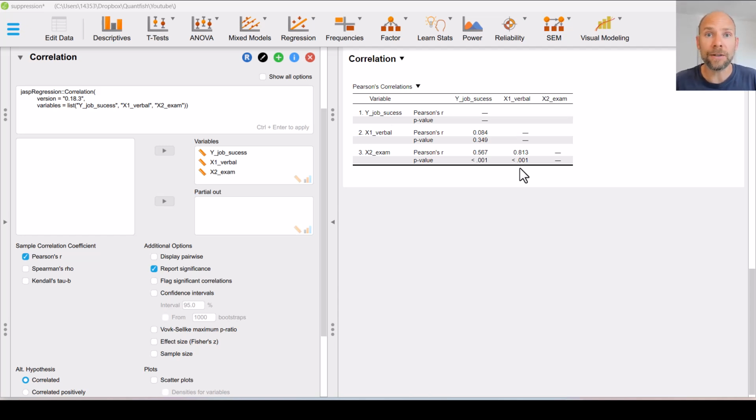So what we've seen here is called classical suppression or traditional suppression. In classical suppression, the suppressor variable is not, or only very weakly, correlated with the dependent variable. In this case, verbal abilities were not highly correlated with job success. But the suppressor variable in traditional or classical suppression is strongly correlated with the second predictor variable, which we saw here was the case, a correlation of 0.813 between the verbal ability scores and the exam scores. So therefore, this variable served as a suppressor variable that improved the predictive ability of